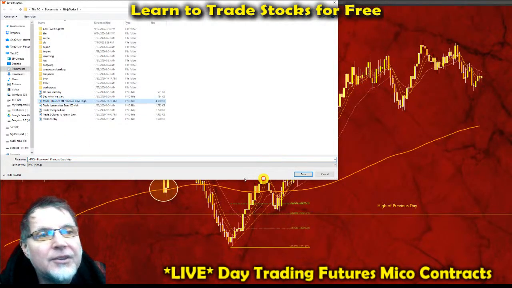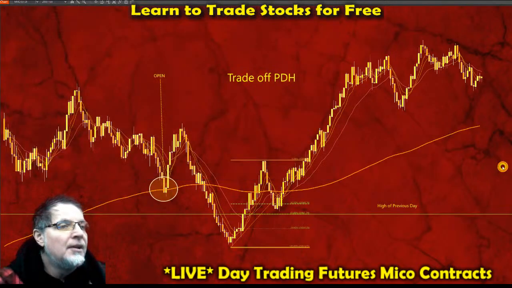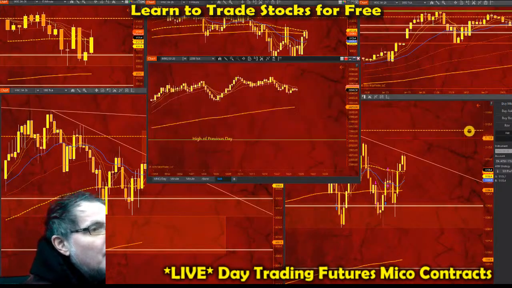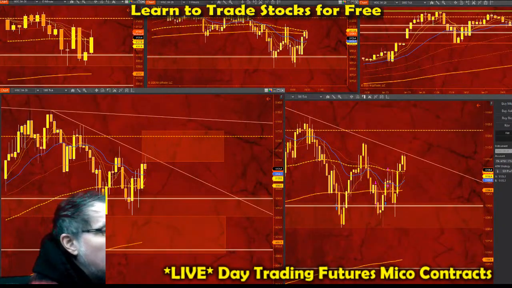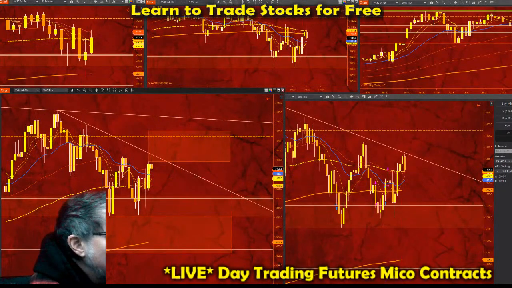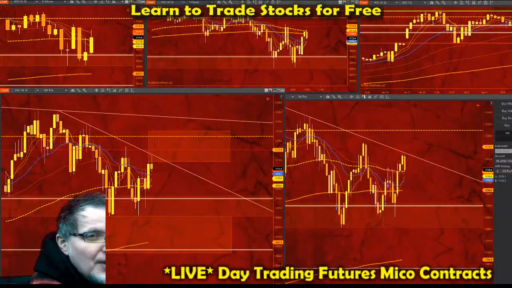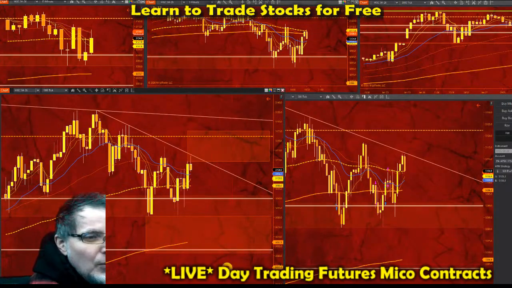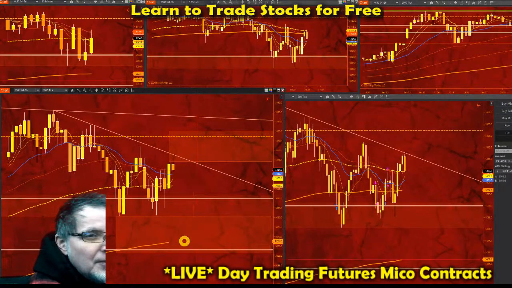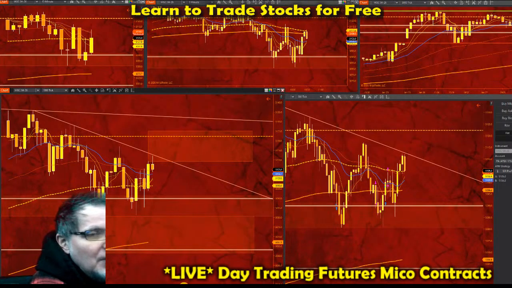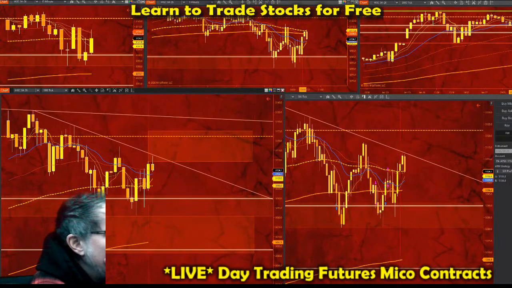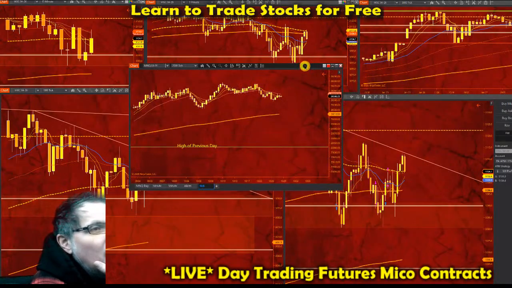Oh, goodness gracious. Okay, well, that's what happens when you can't watch every market all the time. We have an alarm set just above that trend line coming to the downside on gold. So there's nothing to do until it hits that alarm. And we have an alarm at the pivot levels down the bottom below these pivot levels. So maybe I should just come over here and look at another.